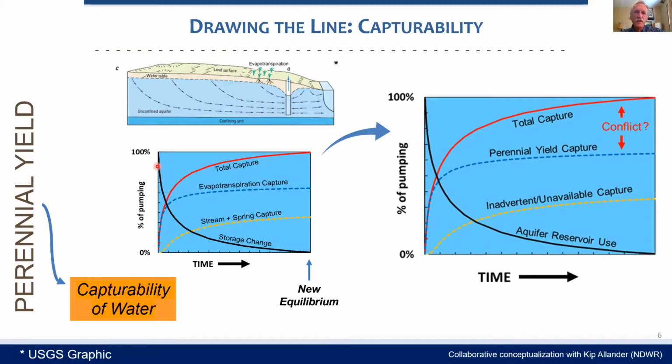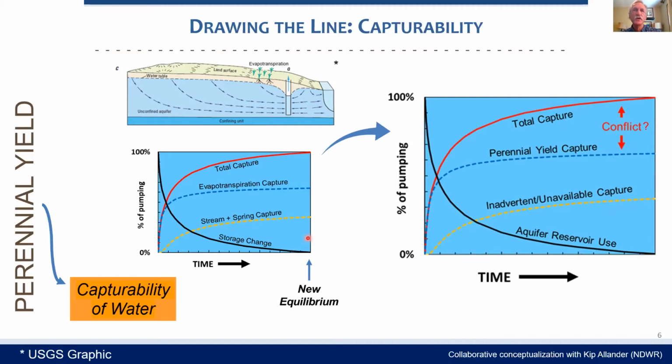With continued pumping, the well's cone of depression expands into areas of natural discharge, including phreatophytes where ET is available for capture, that's evapotranspiration, and also towards surface water features like springs or streams. So continued pumping ultimately increasingly captures these until ultimately the water levels stabilize and 100% of the pumped water comes from capture of the various components of natural discharge.